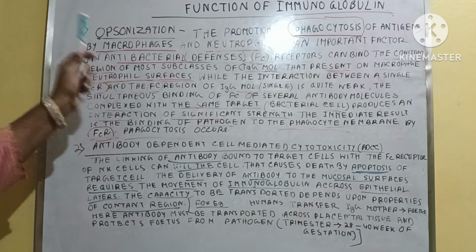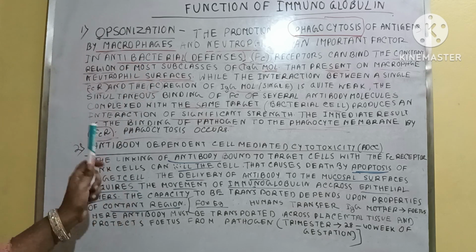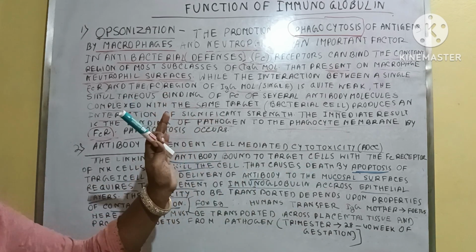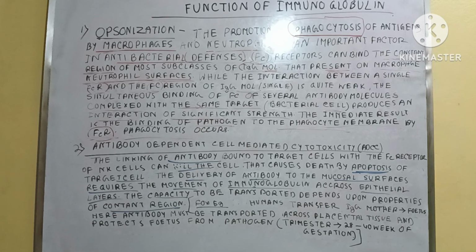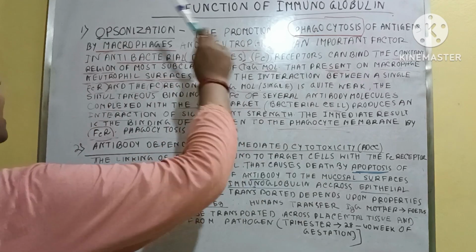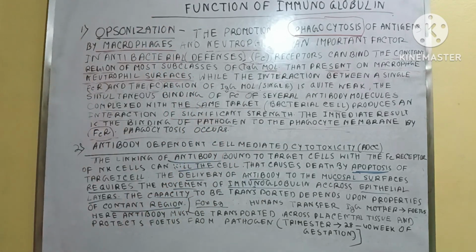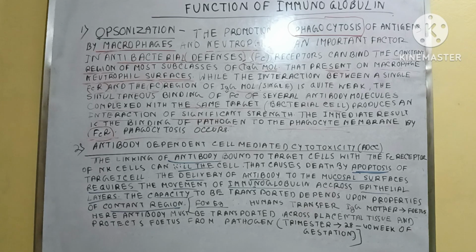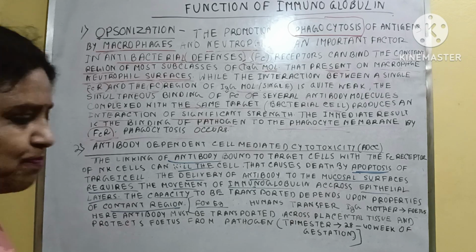Here, it is just recognition and damage, and here the movement, recognition and damage, or you can say recognition, movement and damage. So these are the two important functions. One is the ADCC and another is the opsonization. Two processes are very important, the main important functions of the immunoglobulin. Clear? Next one is the